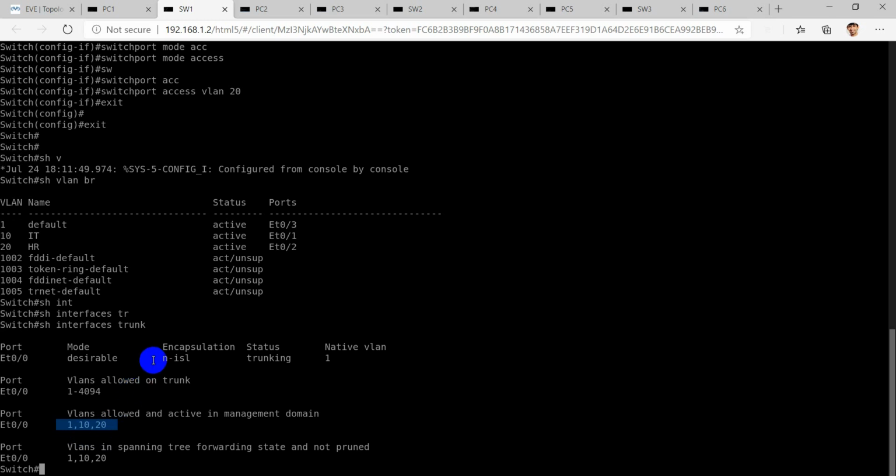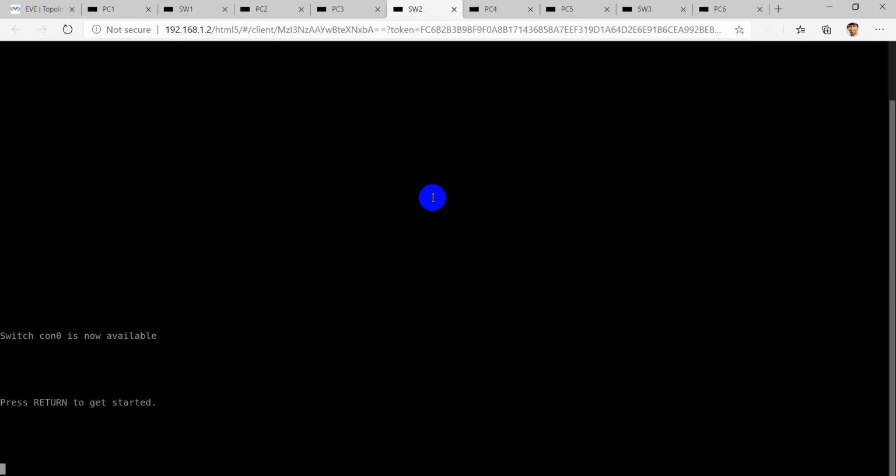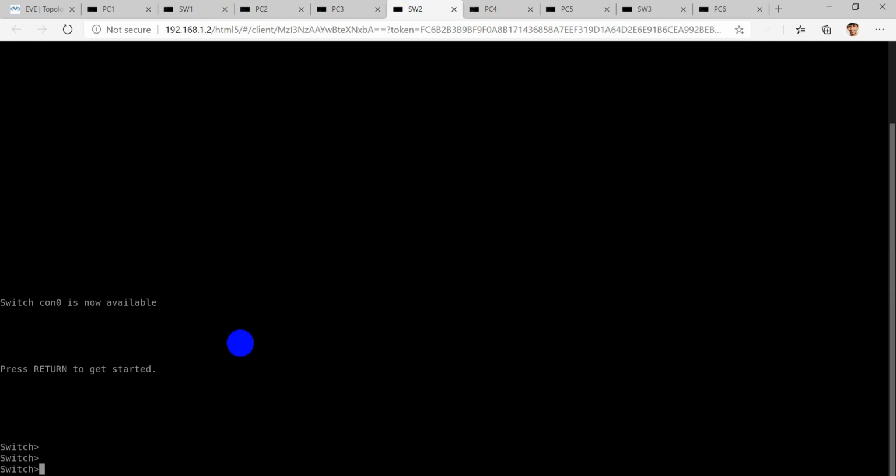By default it has an encapsulation of ISL. We have already gone through this part in the previous session. We'll go on to switch 2 now and configure these VLANs.